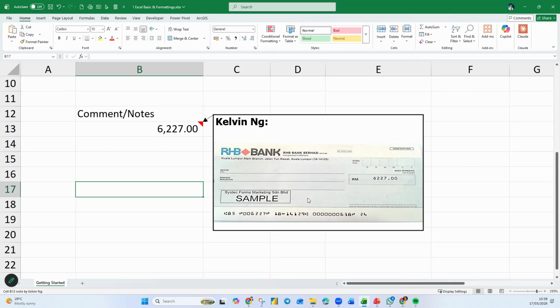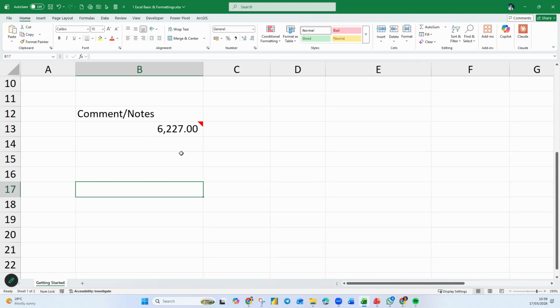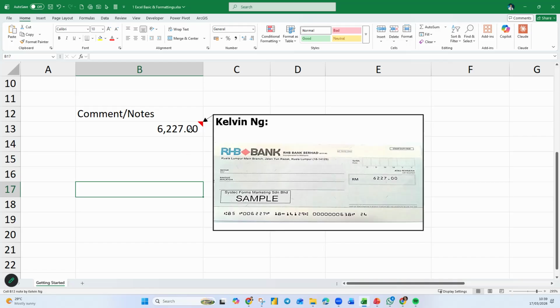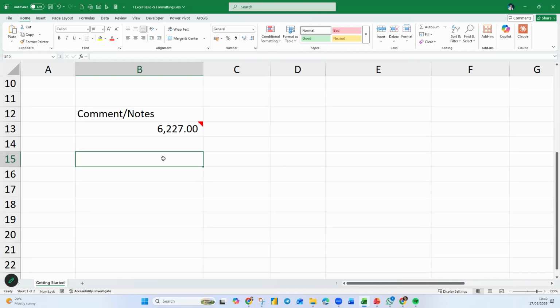All this is recorded. Can you imagine if you have already paid 6227 last year, January, and all of a sudden there is a query about that? How are we going to find this information, especially with your WhatsApp that keeps on going? You might not be able to retrieve it anymore. Correct? So what happened? You can't find it. So here, when you put it, it's there. It's one way you can keep evidence of any instruction that you feel you need to keep as evidence. Why not put it there? Okay, cool, right? So you can do that as well.